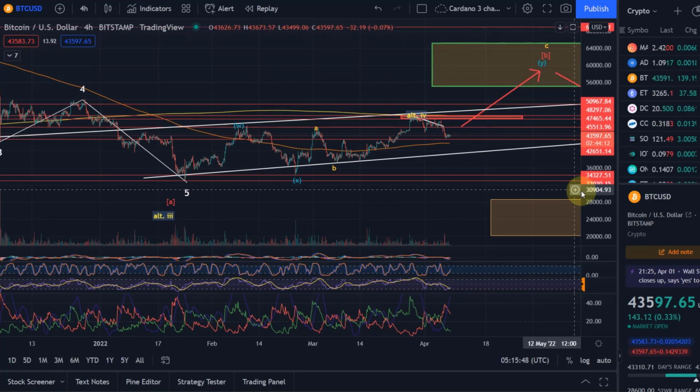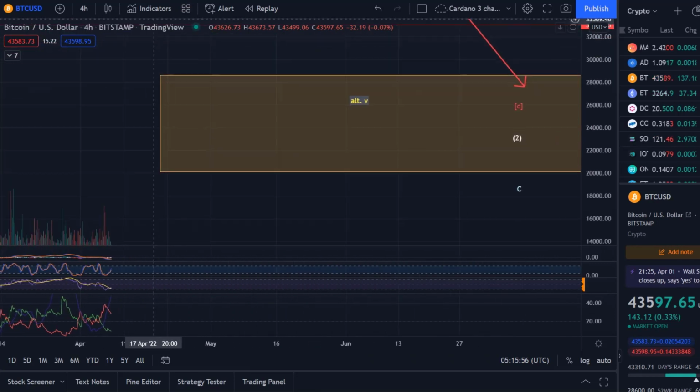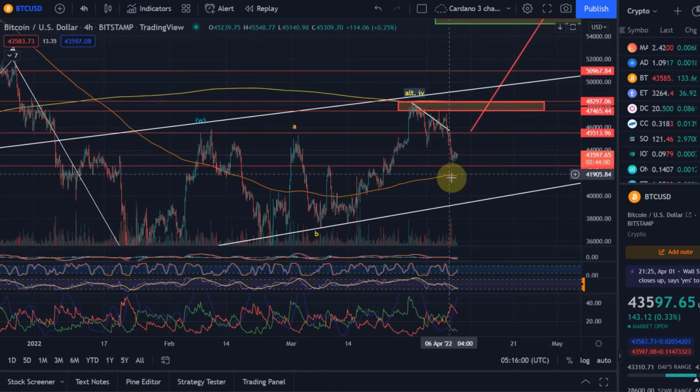I nevertheless leave the scenarios as they are now. It's just a question of which one becomes the primary scenario. If we drop, I'm not going to make it the primary scenario here again, just if we drop immediately. I want to see the price stay in this area and ideally also drop below the 50-day moving average, below 41.7k, just to get a bit more confirmation, because